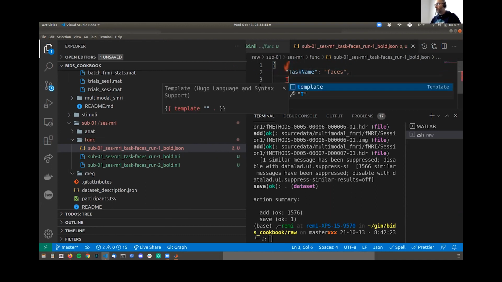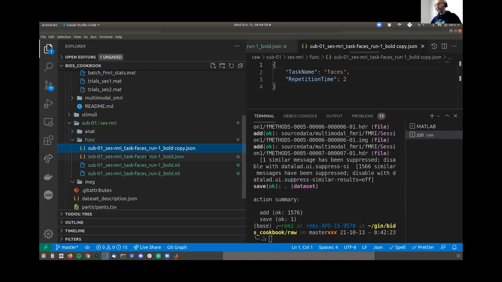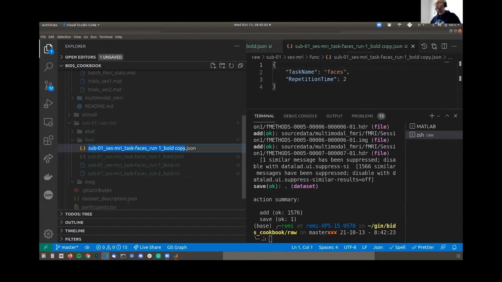I'm pretty sure that we also have repetition time, just like this. And it was a 2 seconds repetition time. Cool. Let's create a copy of this because we need one for run number 2.